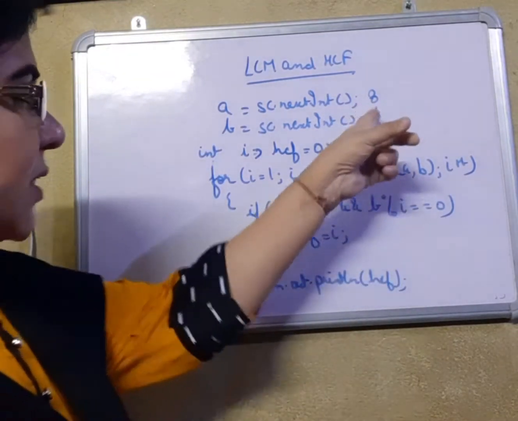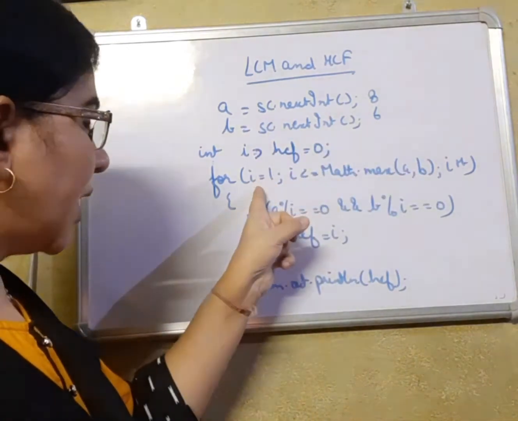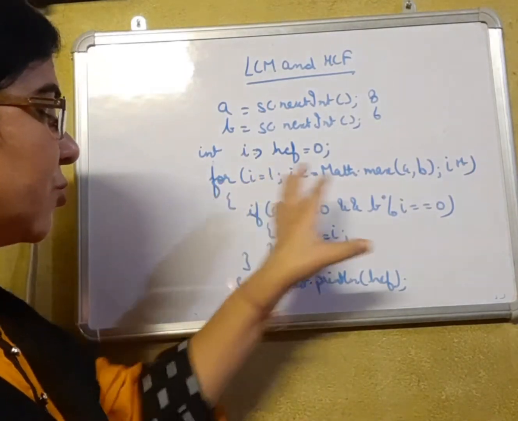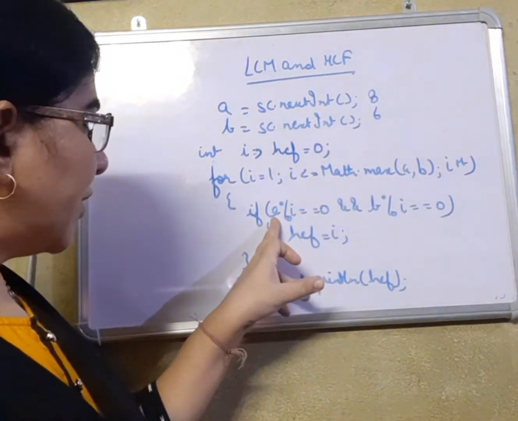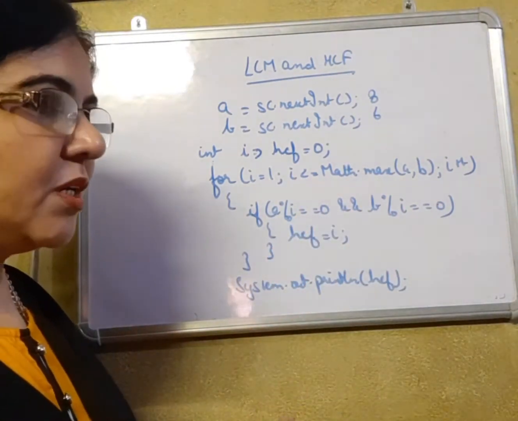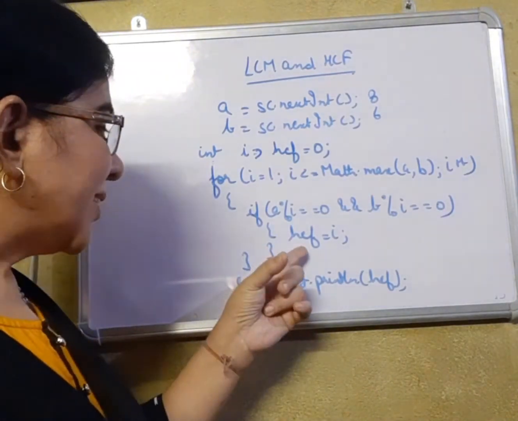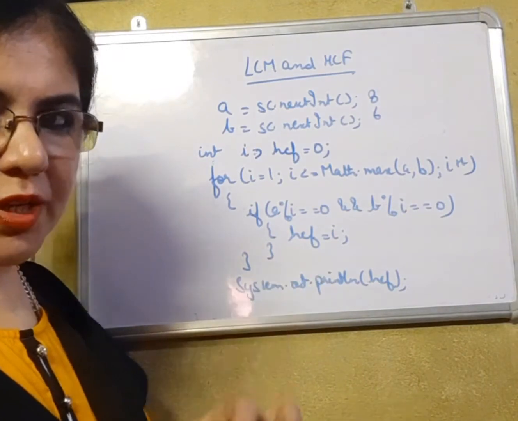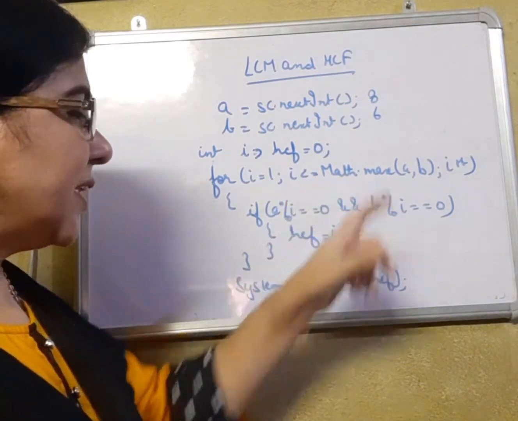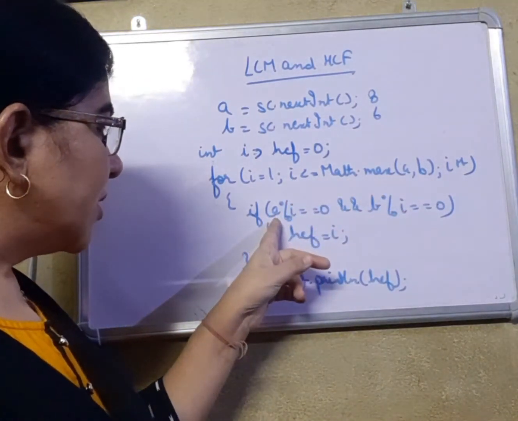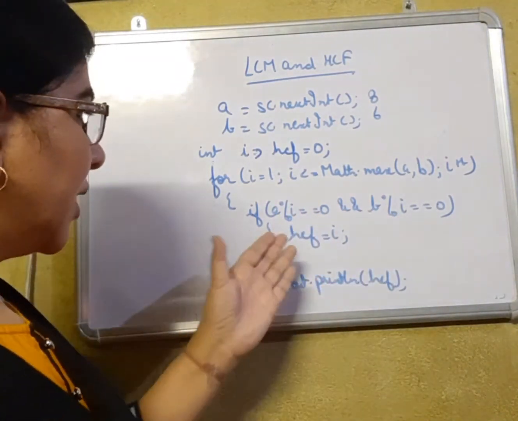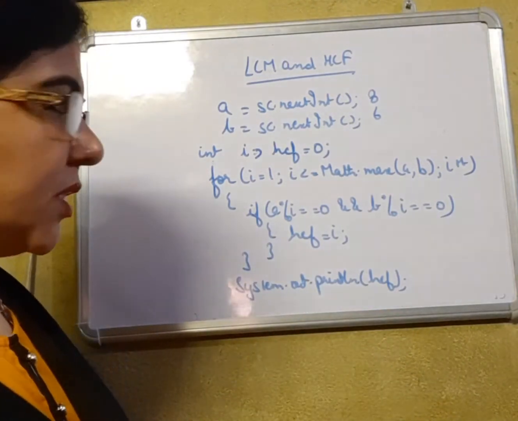So suppose this is 8 and 6 again that we have given as input. I is going to run from 1 till the max of both. Out of the two, 8 is the maximum, so the loop is going to run up till 8. If 8 modulus 1 is 0 and 6 modulus 1 is 0, this is a true condition. Each and every number comes in the table of 1. So HCF presently will take I, that is 1. Then I plus plus, I becomes 2. 2 is less than equal to 8. Now we check if 8 modulus 2 is 0 and 6 modulus 2 is 0. This is true again. HCF is going to remove 1 and take 2 as the HCF.